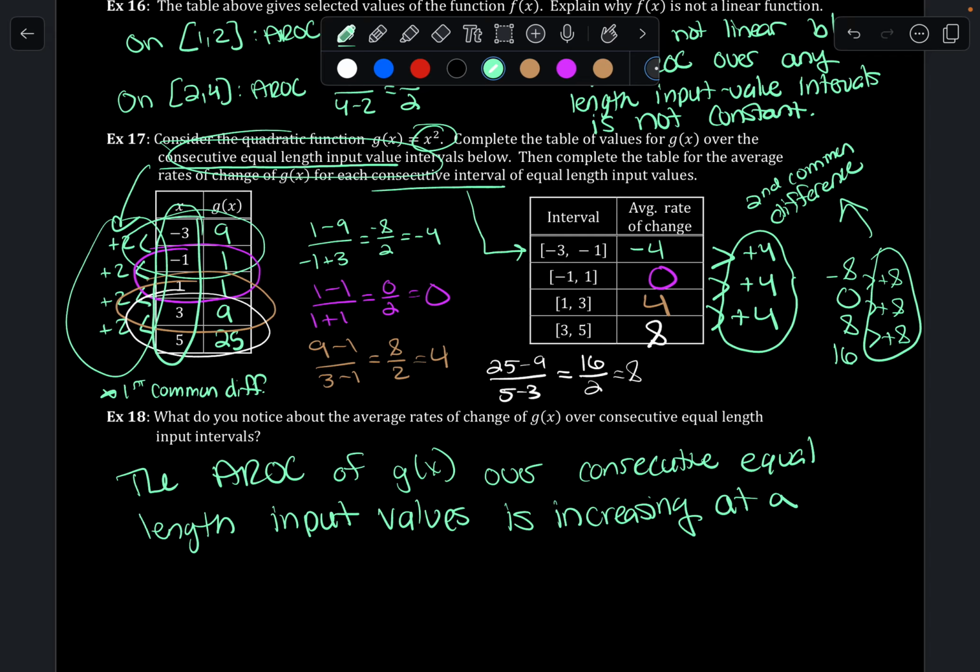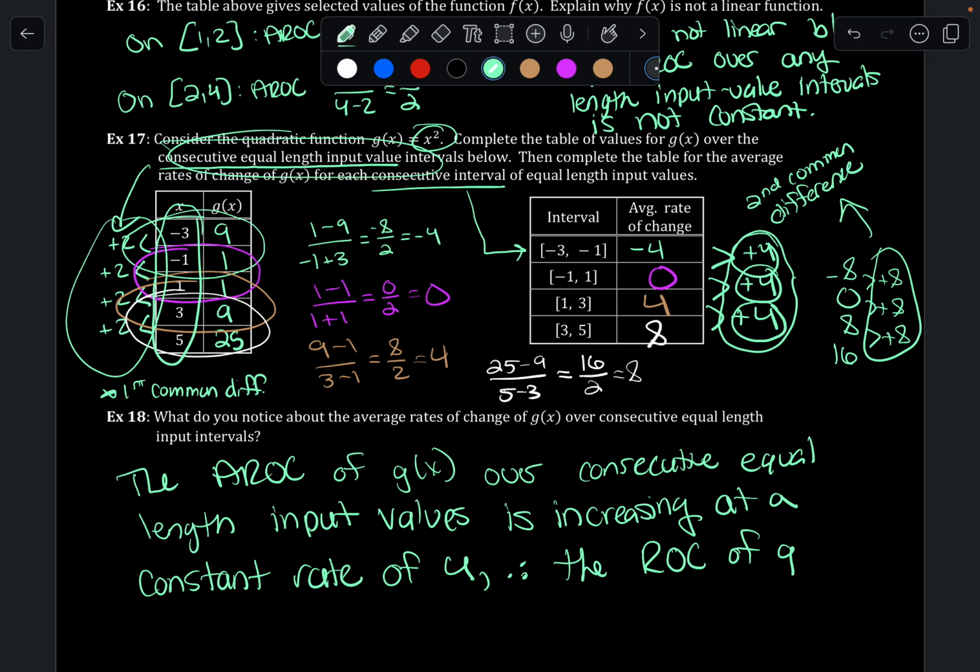At a constant rate. So when I say the consecutive equal length input values, they are increasing, I'm looking at this 4, plus 4, plus 4, plus 4. But as it increases, it's constant. It's always plus 4, okay? Constant rate of 4. Therefore, the rates of change of g of x